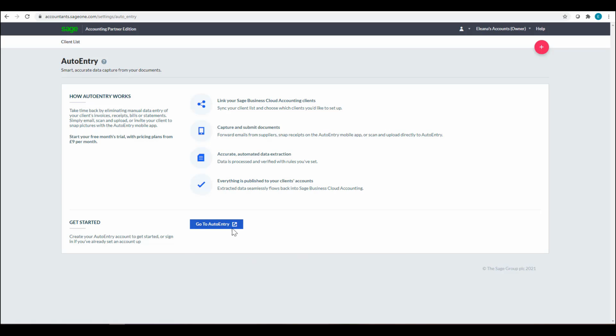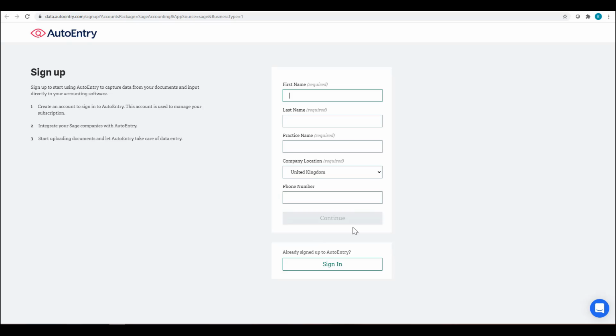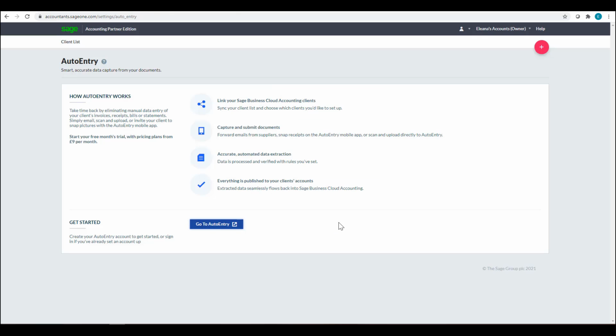To do this, you need to go to the AutoEntry button. This will direct you to the AutoEntry website where you need to sign in and proceed with the integration. AutoEntry is a piece of software that eliminates manual data entry of your clients' invoices, receipts, bills, and statements. You can simply email, scan, and upload, or you can even invite your client to snap pictures with the